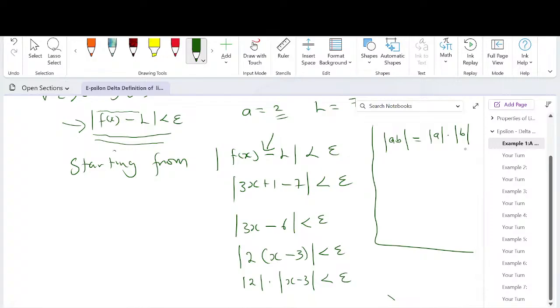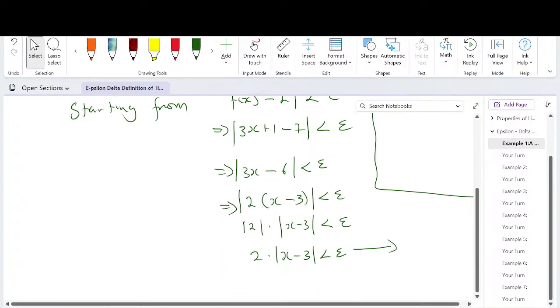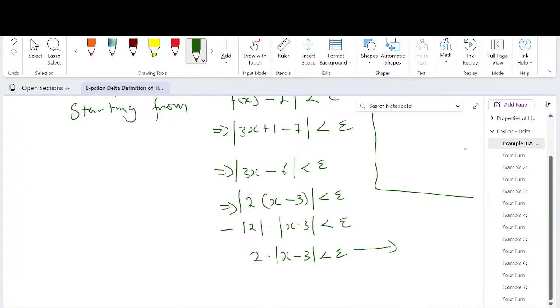So we are just simplifying the closeness to the limit. So it implies this, it implies this, it implies this. So if you see this one, that implies the next one, and so on and so forth. So this is saying the absolute value of f of x minus the limit has